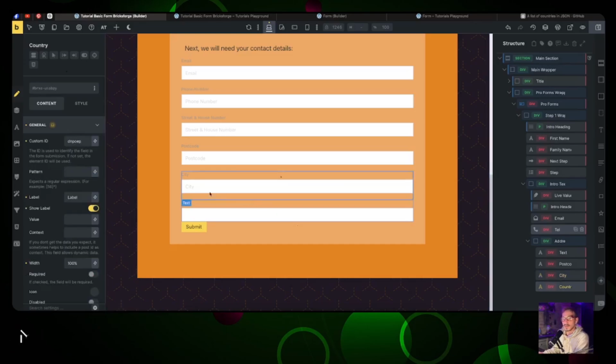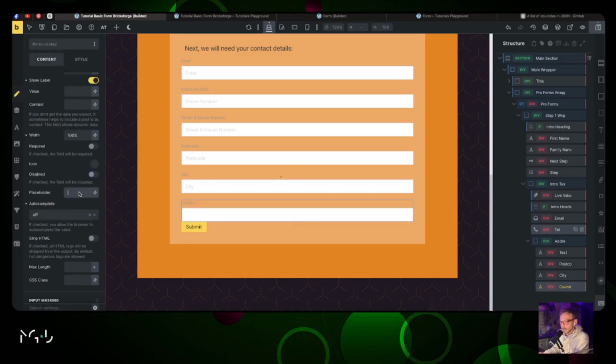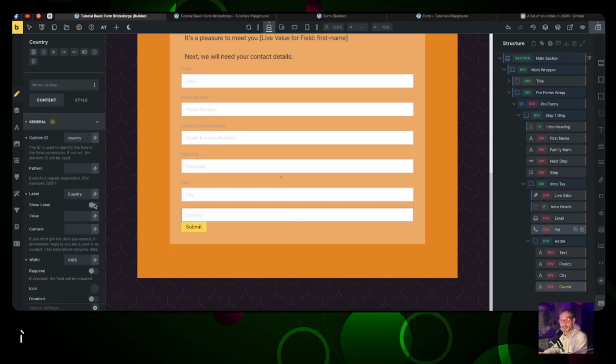Next, we're gonna go into the country field, and this is where we're gonna be using the JSON file, and I'm gonna put that first, so at least we have it set. The setting is pretty much the same. We do not want to show the label, so we hide that. We want it required. And okay, so